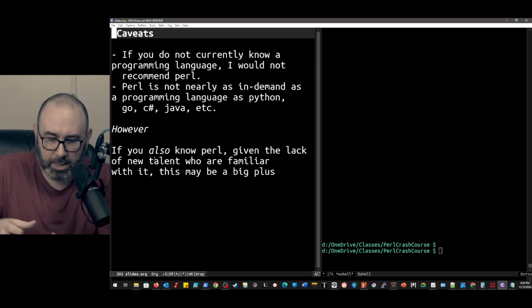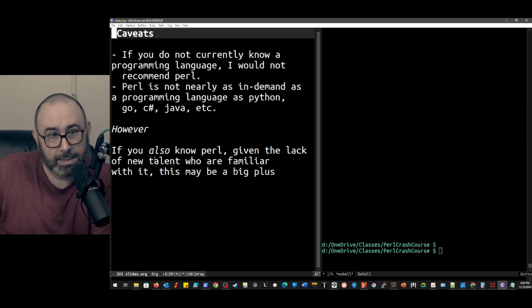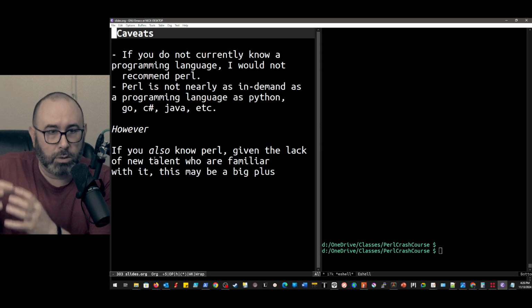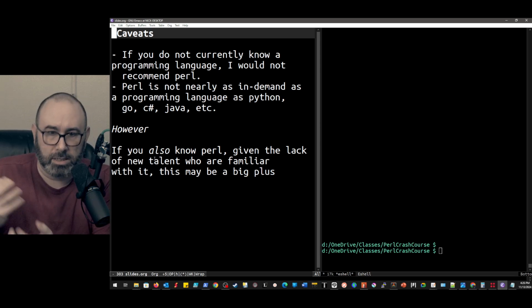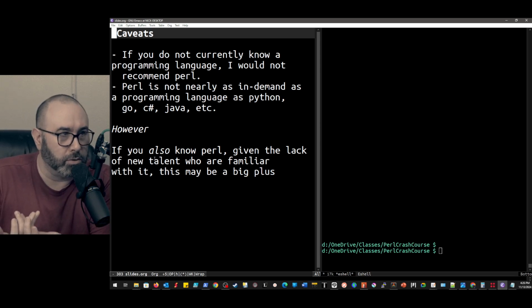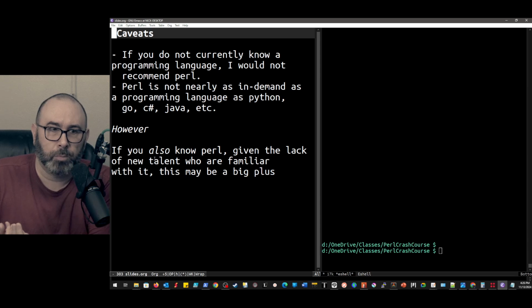But there's this gap, right? We have all this legacy stuff that was written in Perl that still is probably used on your system, right? And then you've got a whole bunch of people who don't know Perl.